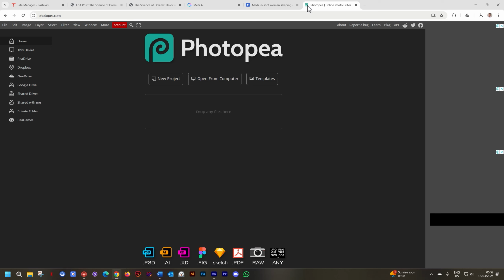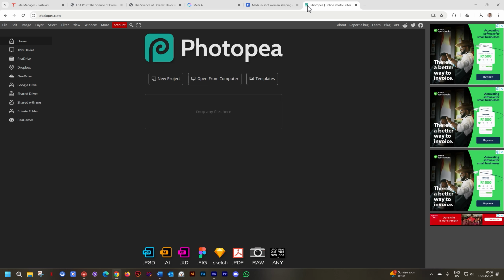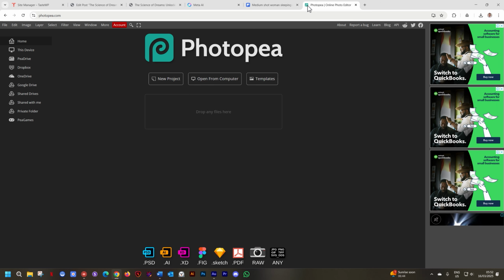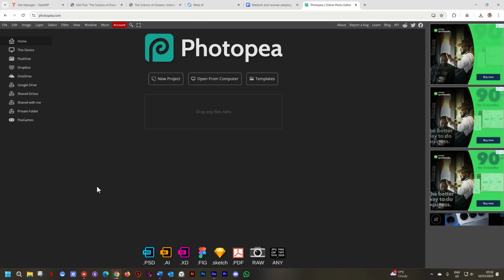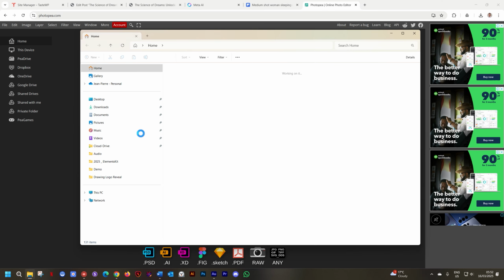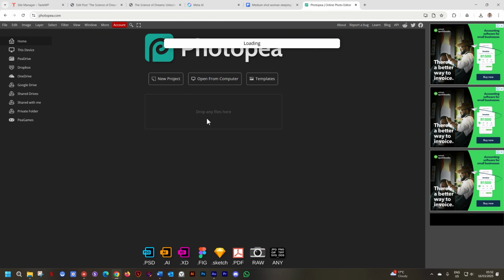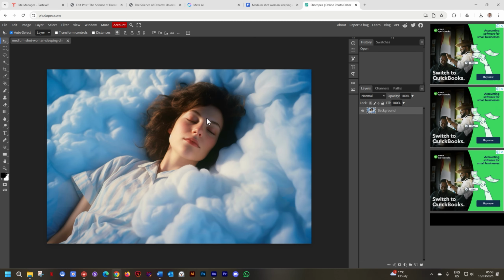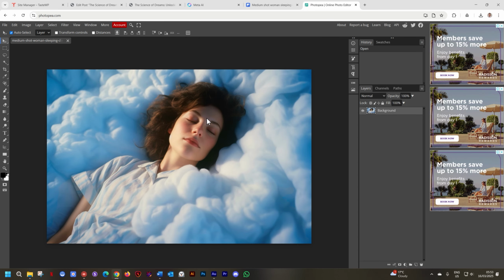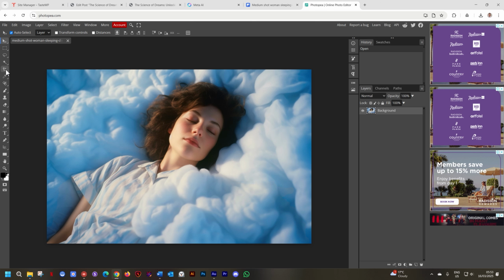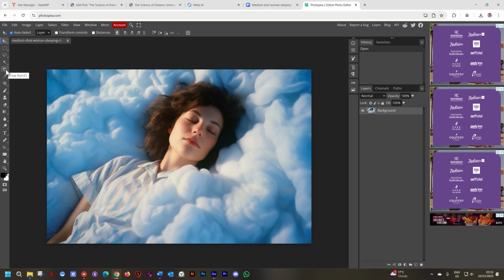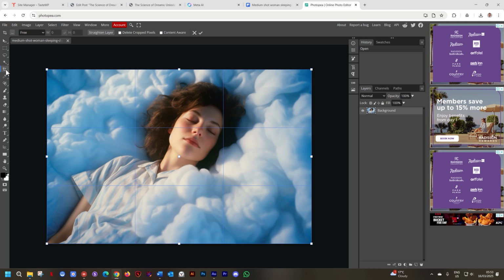Photopea is also a little bit overwhelming if you want to know everything, but I'm going to show you just 3 steps in how you get the image that you want for your website. Let's bring in that image I've downloaded. I'll open my Explorer. And there's the image. Click, hold, and drag it onto Photopea, and it will open the image for me. The first thing I want to do is crop. So that is your aspect ratio. On the sidebar, you see a crop tool over here, or just hit C on your keyboard and it will give you the crop tool.